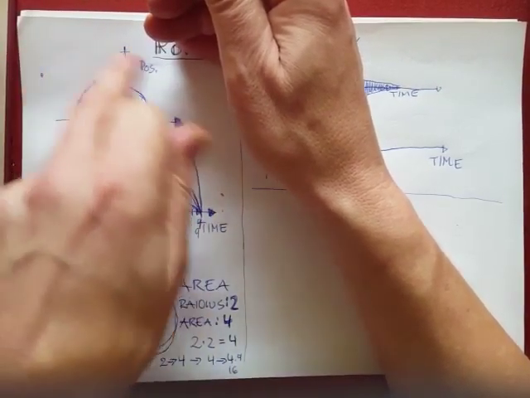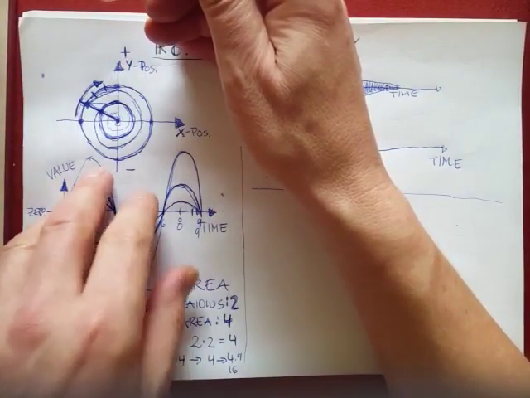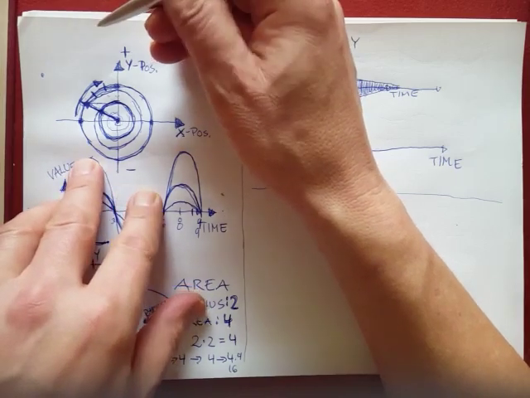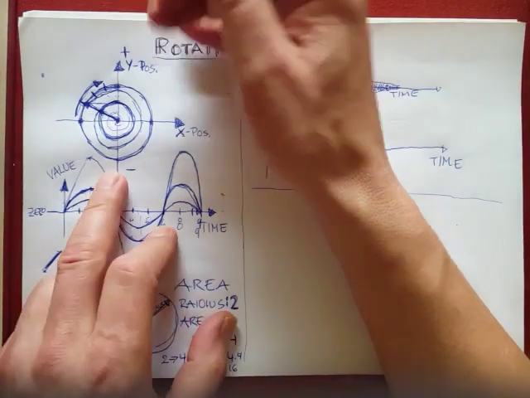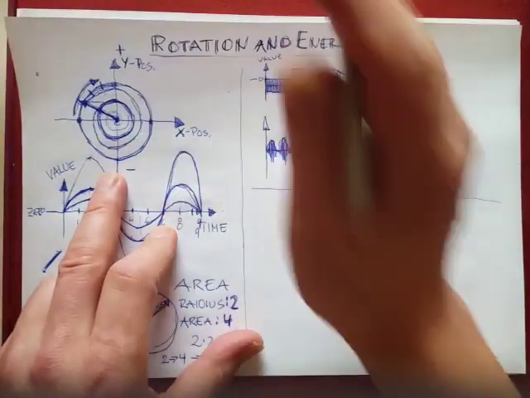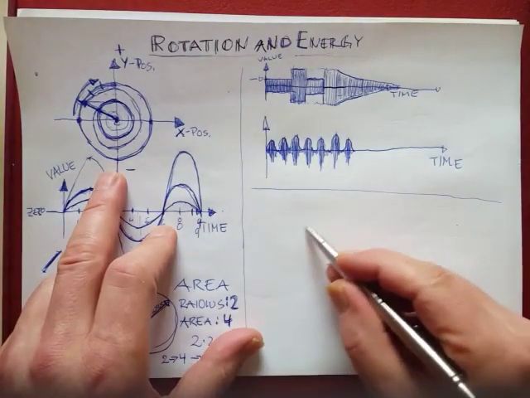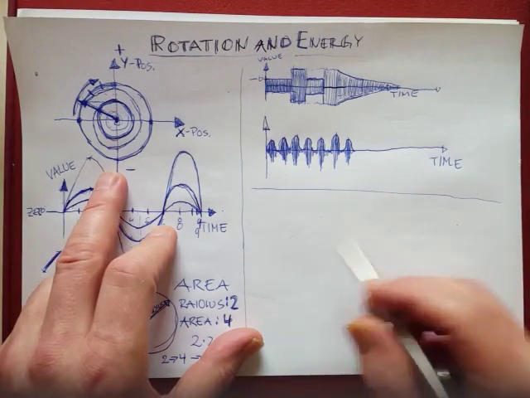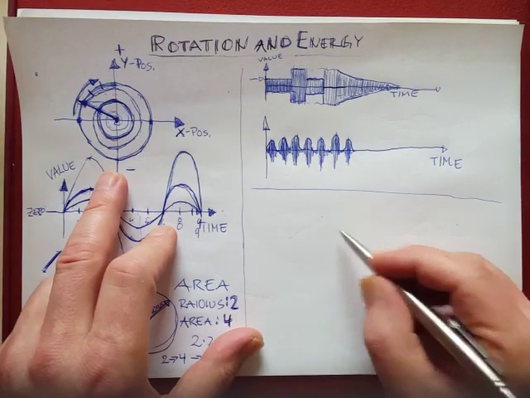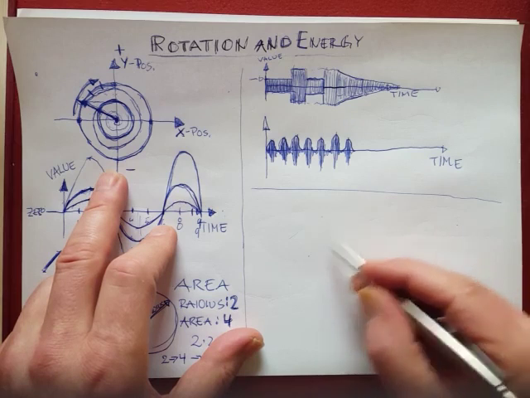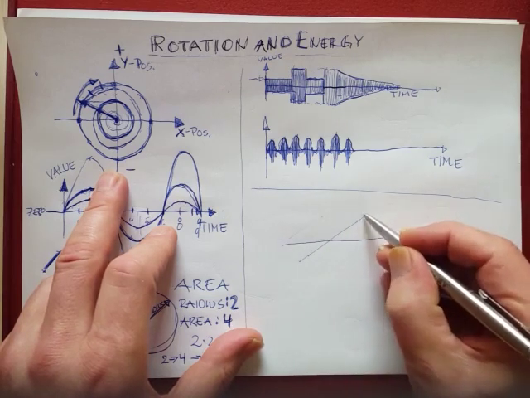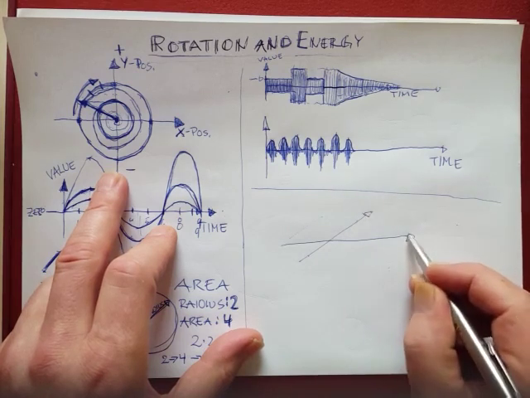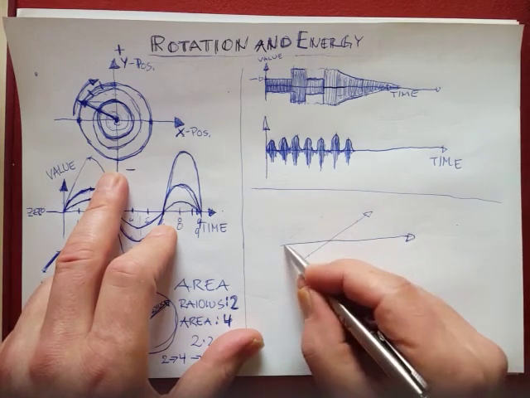The area of the circle the handle creates grows much, much faster, and this is called an exponential growth. And we can represent that exponential growth with